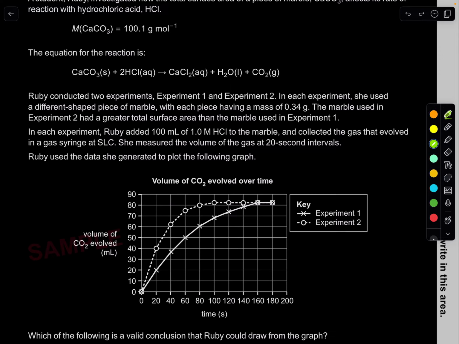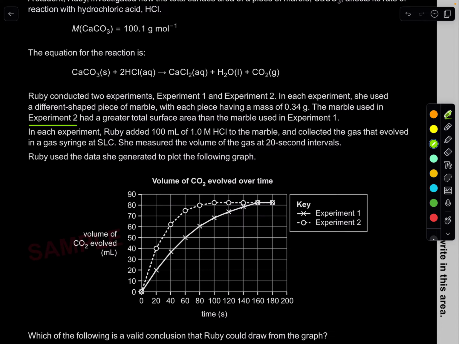Perfect. So you should already realize that, remember, having a greater surface area, what happens? The rate of reaction is increased. So I would suggest straight away, without even looking at the results, we know experiment 2 would probably have a greater rate of reaction. In each experiment, Ruby added 100 milliliters of 1 mole of hydrochloric acid to the marble and